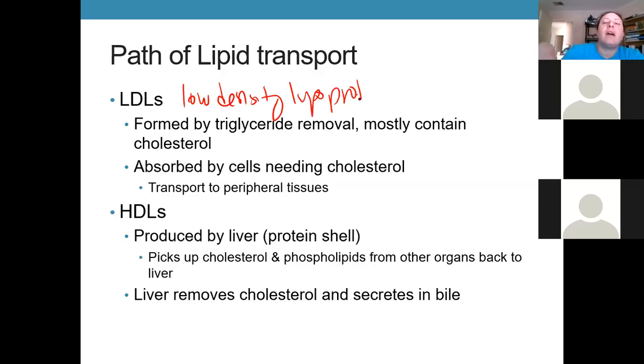So this has very little triglyceride. It's mostly just cholesterol with lipoproteins and phospholipids on the outside. If a cell needs cholesterol, then they can absorb it. But if we have more of these circulating than we need, then that cholesterol can potentially build up in their